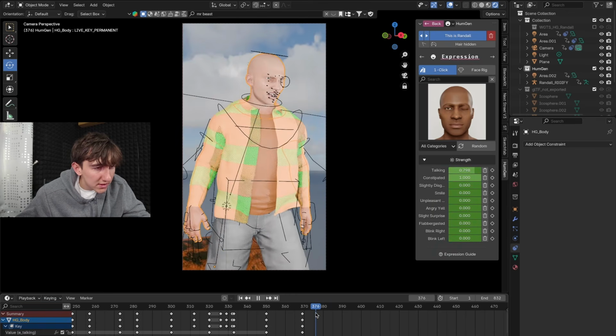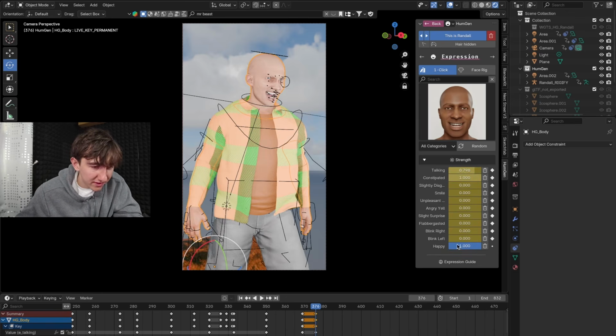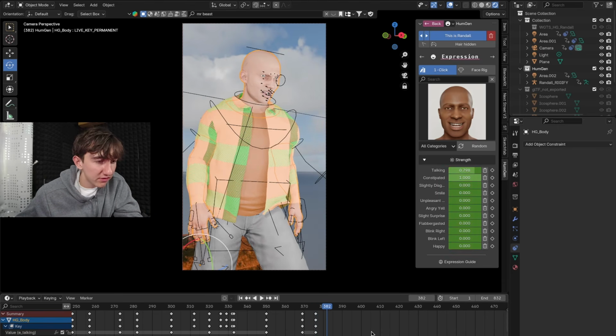And then once he sees it, he'll be like, whoa. So I'll add this one, put this to 0. And then to make him shocked, you're just going to go like 5 or 6 keyframes forward because it's kind of a faster motion. I'm going to get rid of this, make the slight surprise a little more,